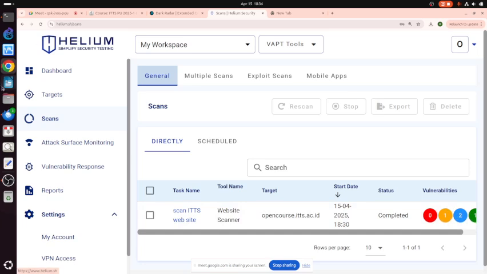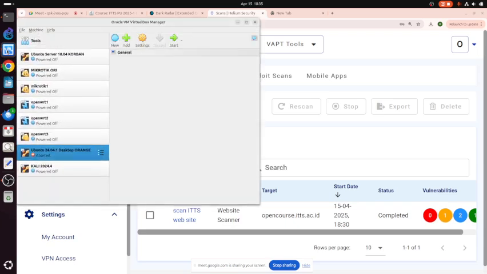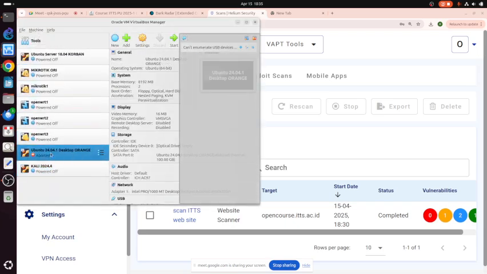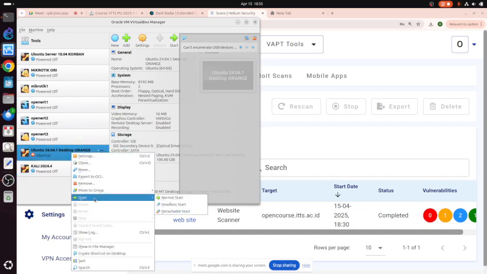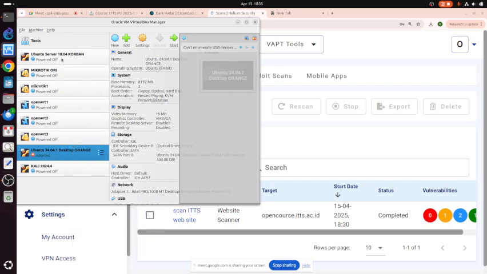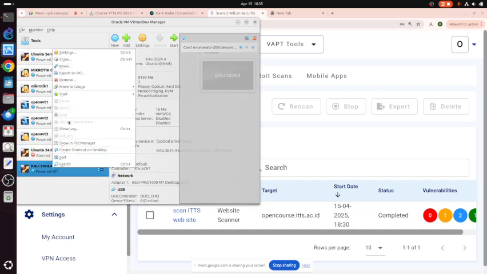Now, if you want to scan more, if you don't want to rely on Helium, we can use Kali Linux. Where is the Kali Linux? Okay, this one.